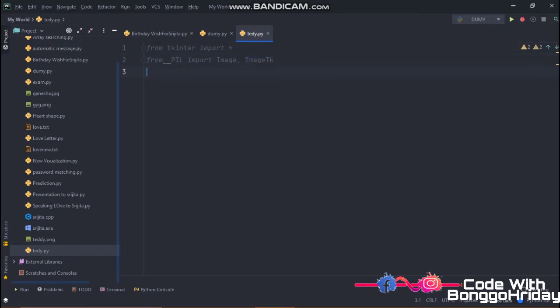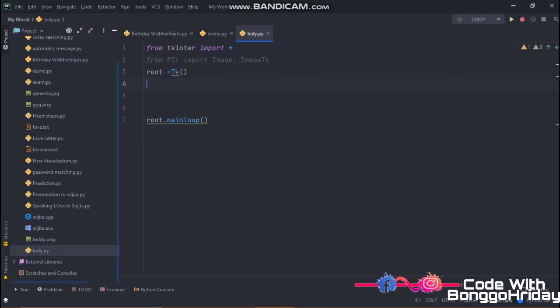Okay, now you have to create root, that is exactly Tk. Now you have to create the main loop, that is root.mainloop, and between this section we have to write the program.